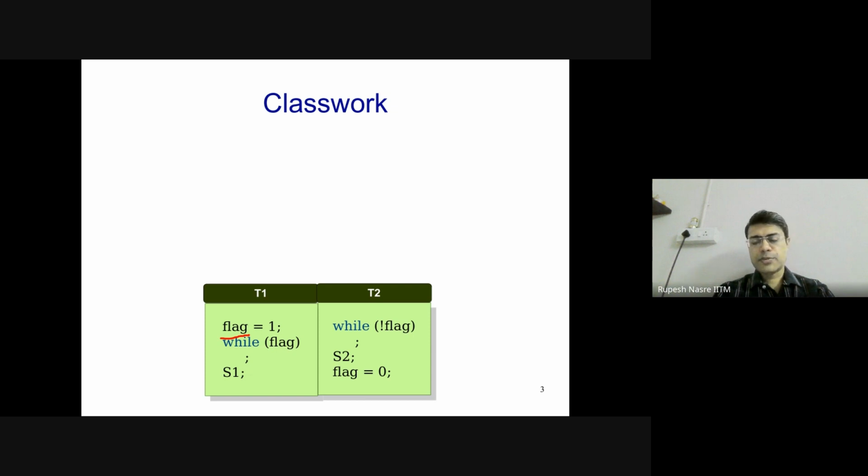So here the expectation is that different threads are working on different cores. Each core has its own L1 cache. And therefore, when one thread is writing to the flag, let's say initially the flag is 0, and another thread is reading from the flag, that write has to ensure that the flag value is invalidated and updated at the common memory. That common memory could be L2, L3, or it could be DRAM. And it should get invalidated in the other cache so that the other thread sees the modified